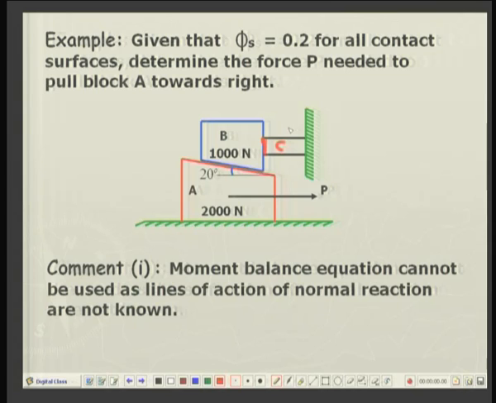So, I want to pull it underneath this block B, and you can easily imagine that if this block A is moved towards right, this block B will be lifted up, because the contact point is moving like this. So, more and more height will be produced. Okay. So, as the block B moves up, there will be a relative motion between B and C. So, there are three relative motions involved.